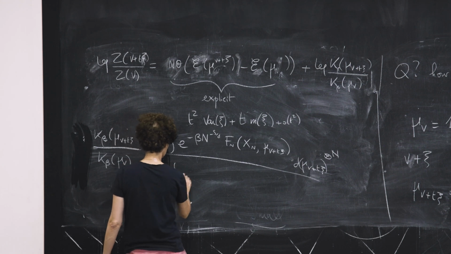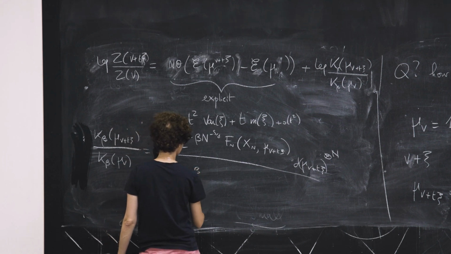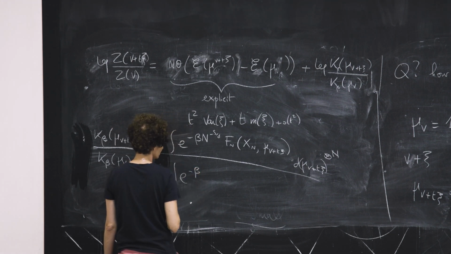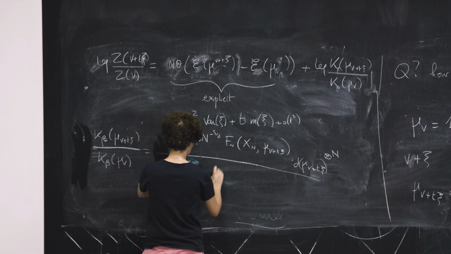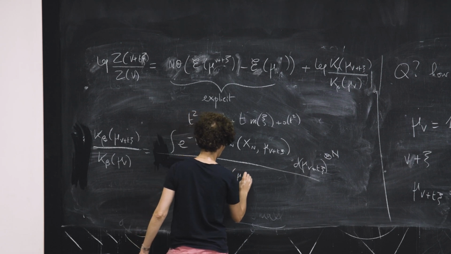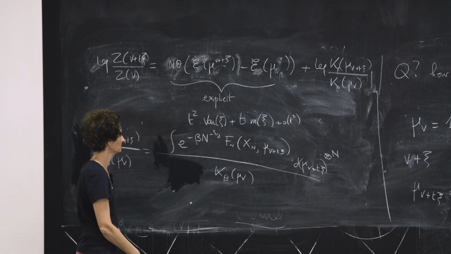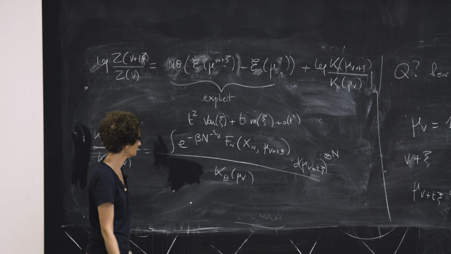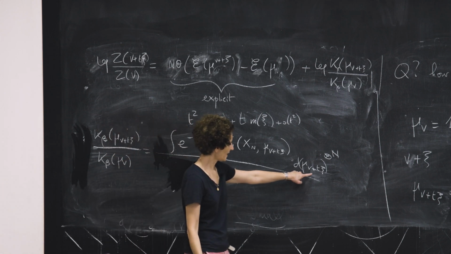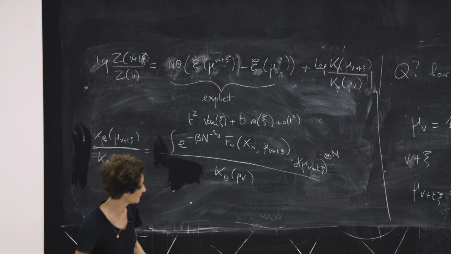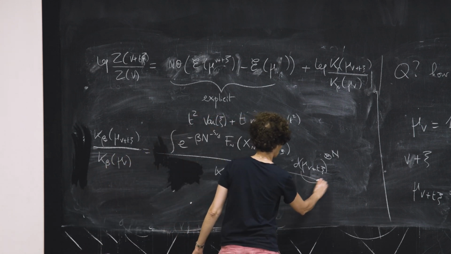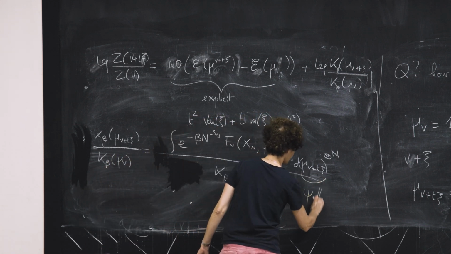And in the denominator, the same. I can just keep k. So this guy, mu v plus t xi, we're going to use now that it's the push forward. This thing is the push forward of mu